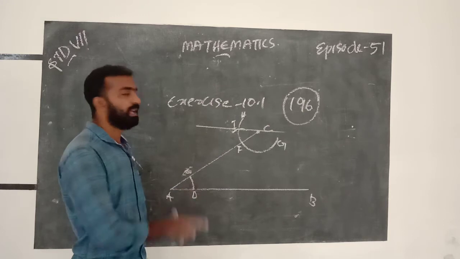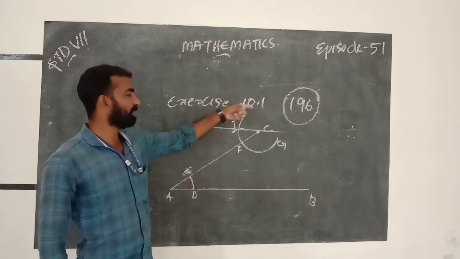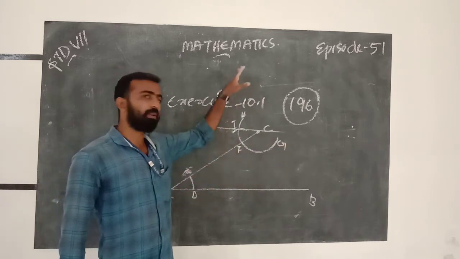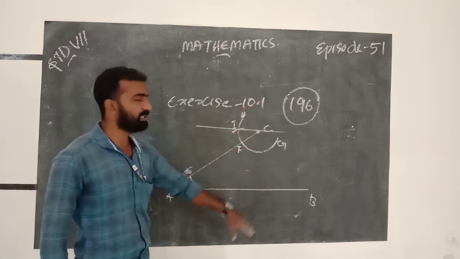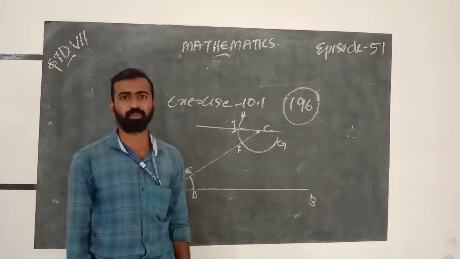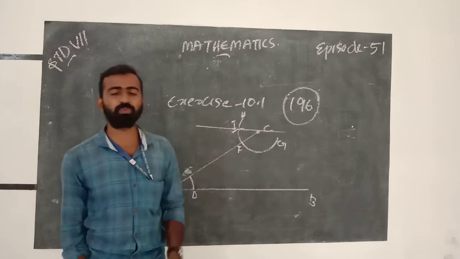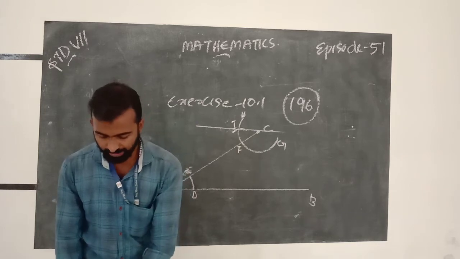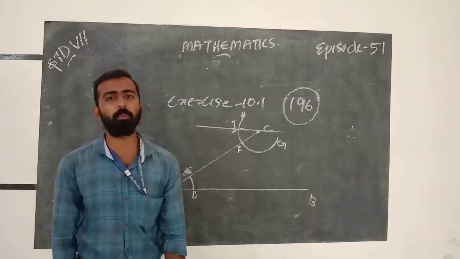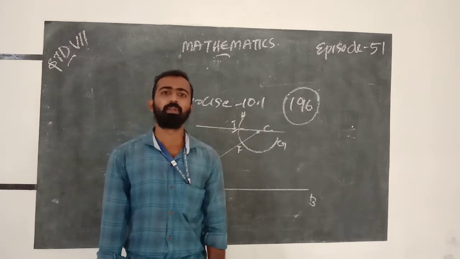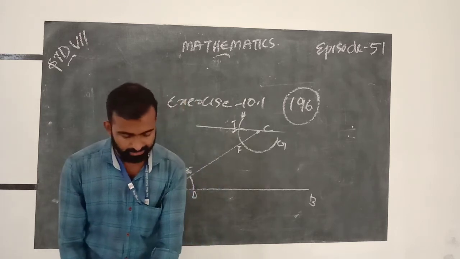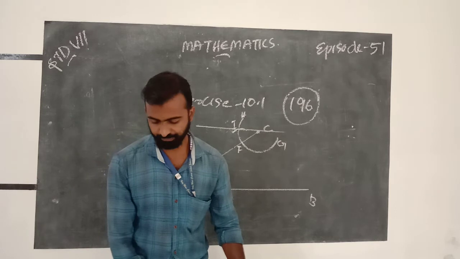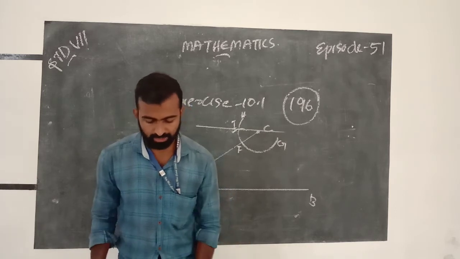That is, we take more than half of the line and we make an arc on the upper side and lower side. We take the center as the next end point. Then we take the arc. When we join these arcs, we get a perpendicular line or perpendicular bisector of that line. That is the method. So you just draw. And the third question is also for your homework. You can draw the question. And next we are going to discuss the construction of triangles.